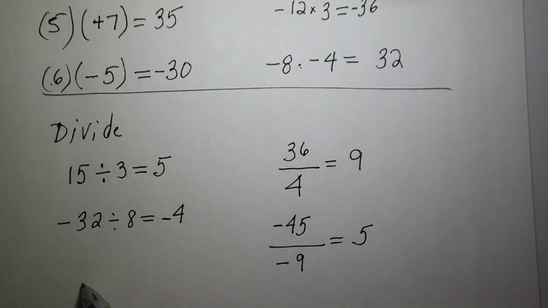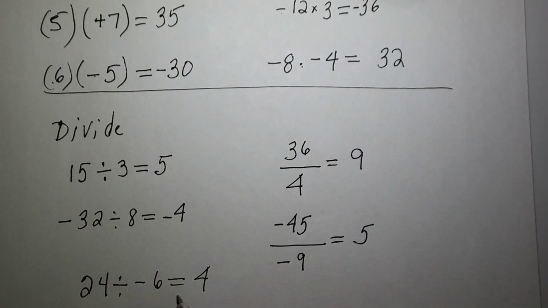Another example, 24 divided by a negative 6. We know 24 divided by 6 is 4. Positive divided by a negative, it's